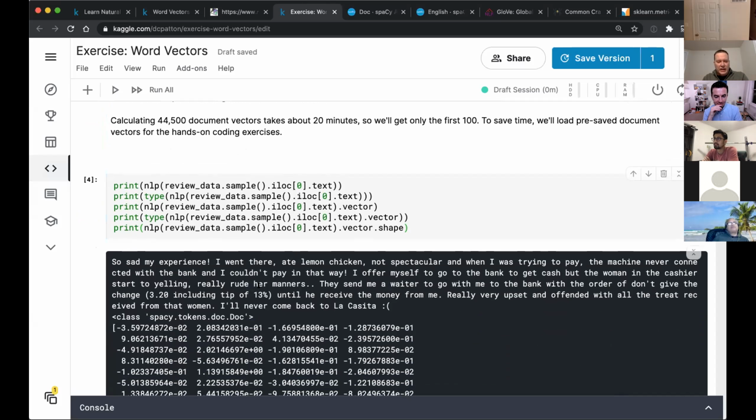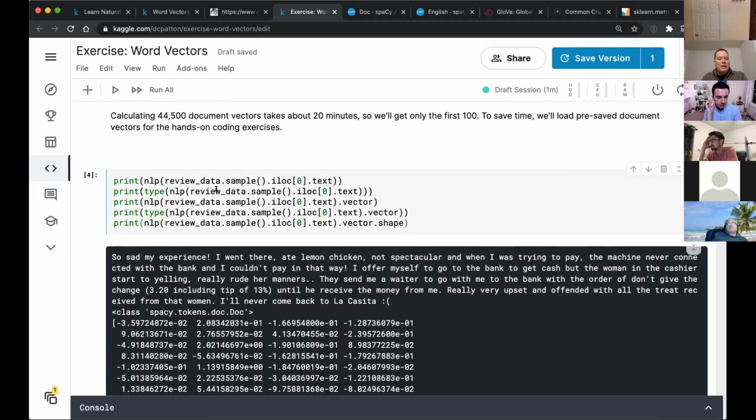It has done very little to change the original text. I think I would have to check and look at it really closely, but we don't see any of that. It hasn't stripped any pronouns, it hasn't lowercased, it hasn't stripped any of the punctuation or anything. So that's our document. And now if we want to look at the vectors around those, we can